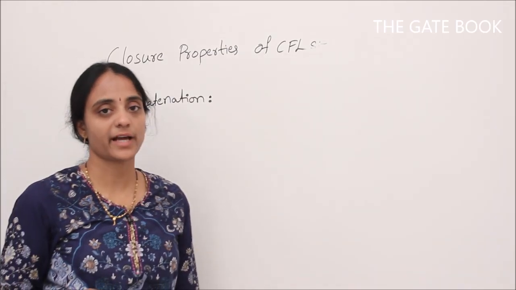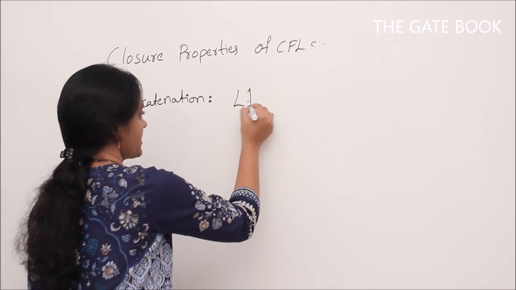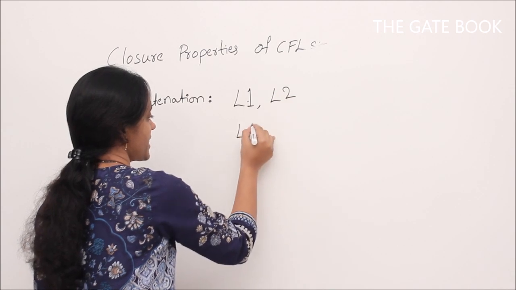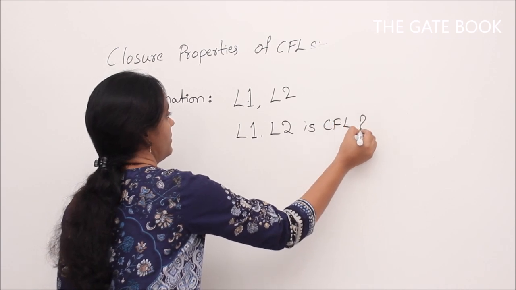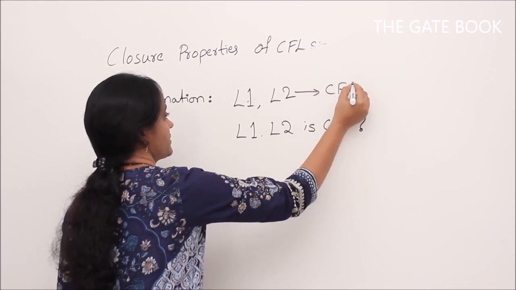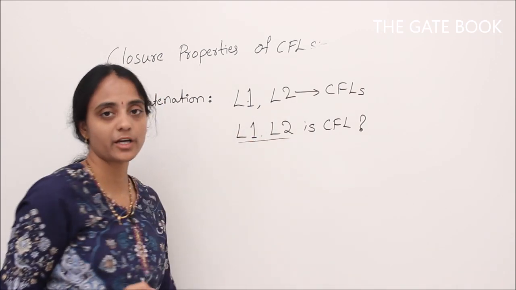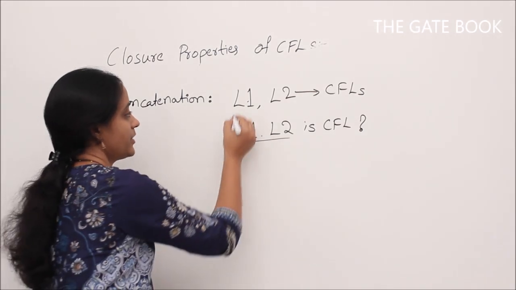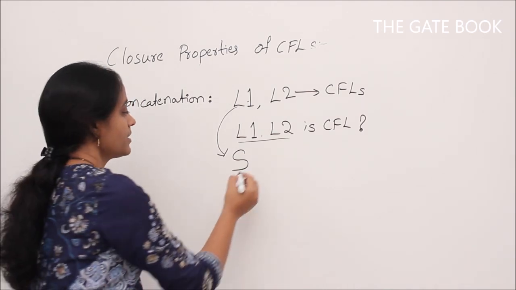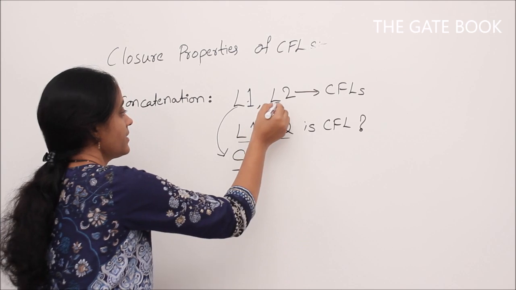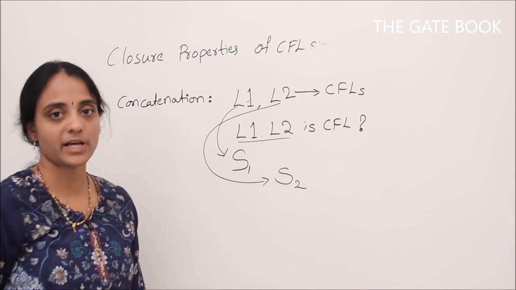Now let's see whether context free languages are closed under concatenation or not. That means there are two context free languages L1, L2. Now we should check whether L1 followed by L2 is context free or not. We know that these two are CFLs. How do we check that? We don't know whether the concatenation will be context free or not, right? But we know that L1 is context free. Again, the same thing we will try to prove using the grammar rules. So L1 will have a grammar with start variable S1, and L2 will also have a grammar which has S2 as start variable.